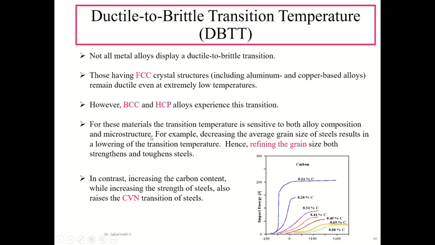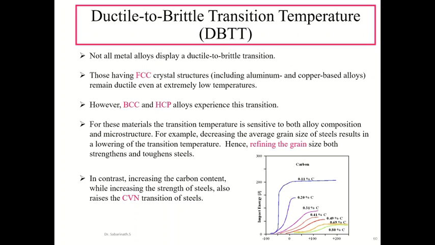So for these materials, the transition temperature is sensitive to both alloy composition and microstructure. For example, decreasing the average grain size of the steel results in the lowering of the transition temperature. Hence, refining the grain size both strengthens and toughens steels. That is, a decrease in the average grain size results in a decrease in the transition temperature, and this decrease in transition temperature will lead to an increase in the strength and toughness